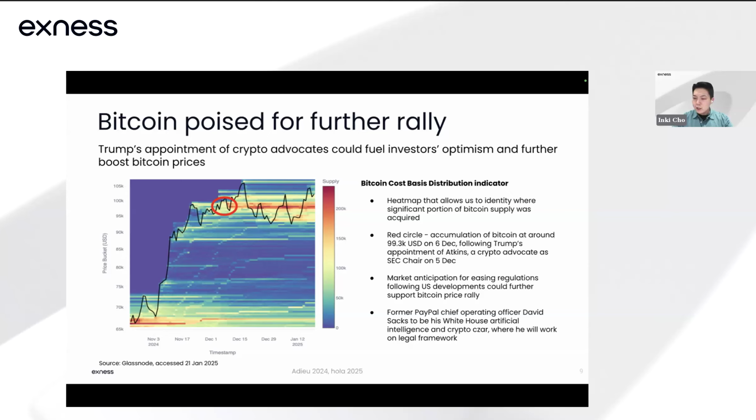And the main reasons for those who are optimistic about Bitcoin's price continuing to rise are the relaxation of the regulation following the launch of the Trump administration and the participation of some kind of institutional investors in the cryptocurrency market. And the skyrocketing price of cryptocurrency following the election of President Donald Trump is due to the excessive regulation carried out by the SEC under the Biden administration in 2024.